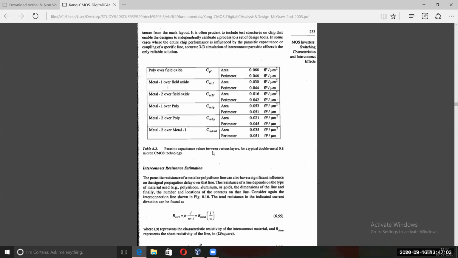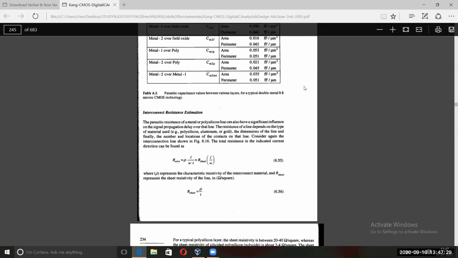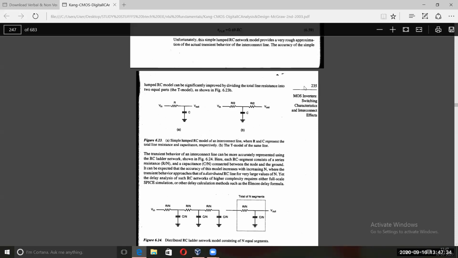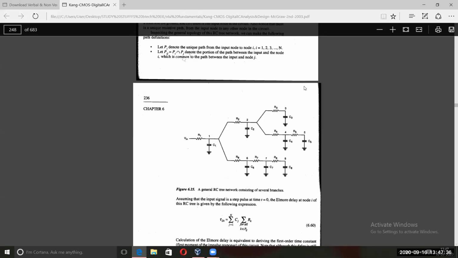Here there is a table given. So the capacitance value between the layers is there. So this is the polysilicon. So we are interested only in this one. Okay, the area and perimeter of this. The parallel plate. So area, of course. So this is the per unit. Okay, this one. We have to then multiply it with the total area. This is the per unit area, and we have to multiply it with the total one. Okay, for calculating the capacitance. Now we will go and see in the example how they have done it.